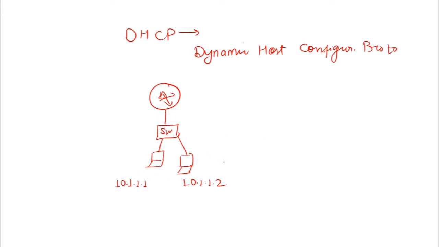Now we have just two computers, and it becomes really easy when we have just two computers, as we can assign the IP address on just two computers. But it becomes very difficult when you have multiple computers. Let's suppose you have 100 computers connected from here, right? So when you have 100 computers connected and you are going manually to assign the IP address to each of them, 10.1.1.3 and so on, it is very difficult to assign the IP address manually on 100 computers or 1000 computers.